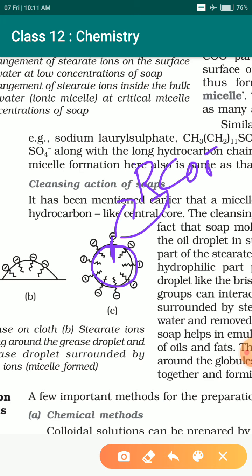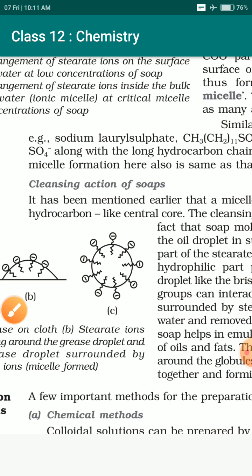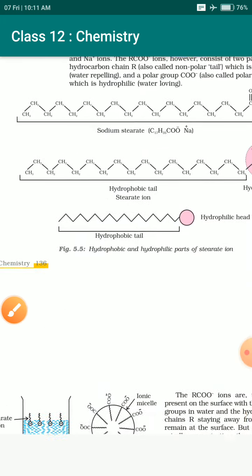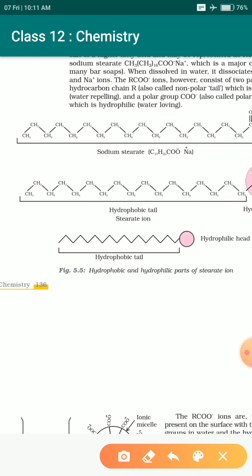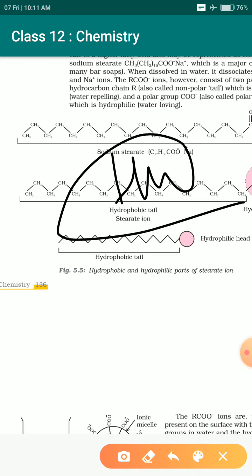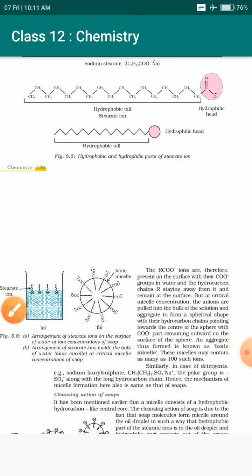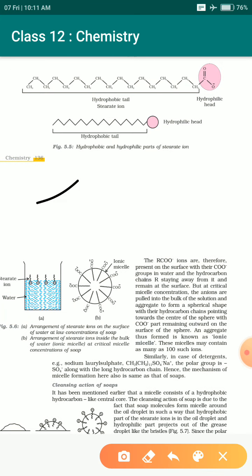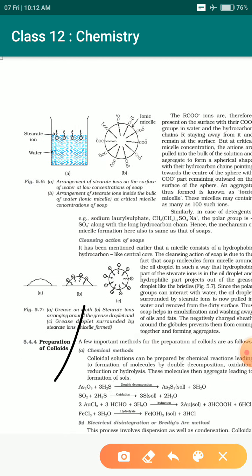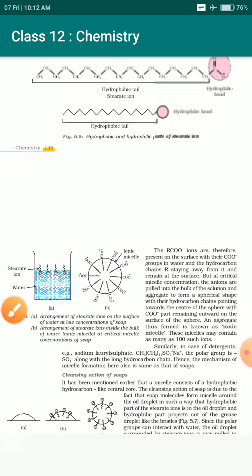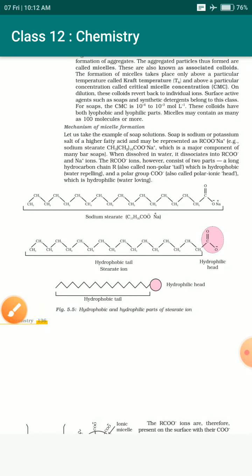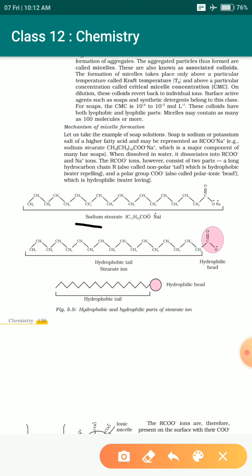Okay, so that's all about this particular topic. I hope you understood the concept. Today the homework is to write the notes on your own with suitable diagrams. You have to make diagrams, especially when you write the notes. This diagram and the micellar formation diagram, these two diagrams are important. Others are not much necessary, but still you can mention them.